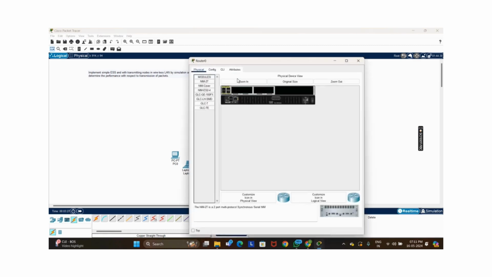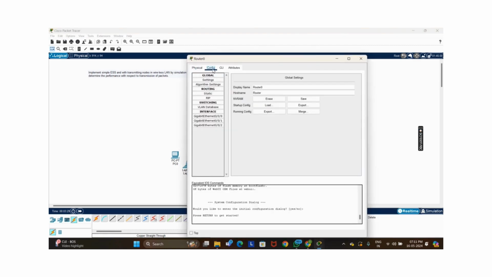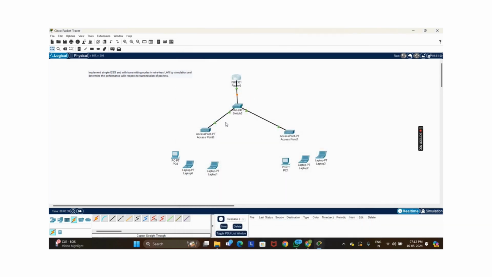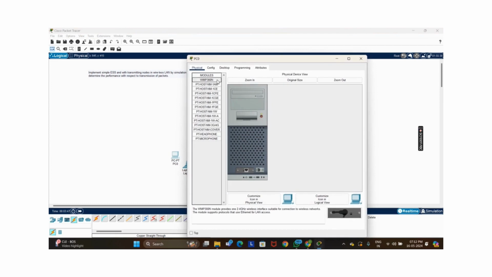Okay, click on the router, go to the config under the gigabit Ethernet 0/0. The port status is not on, so just switch it on. So now this also will turn green. So now we have to add a physical hardware to our end devices so that it enables wireless connection. So for that, click on the end devices, go to the